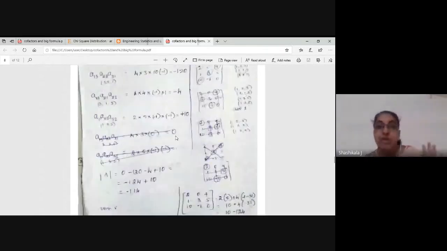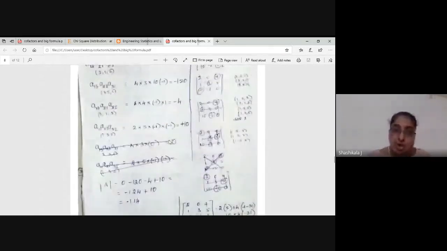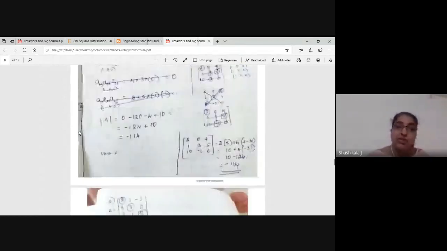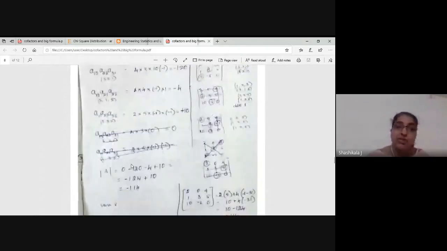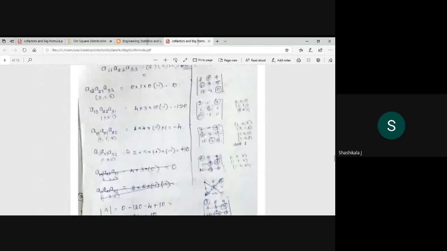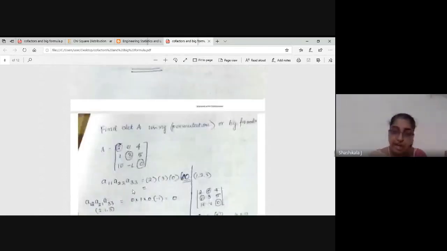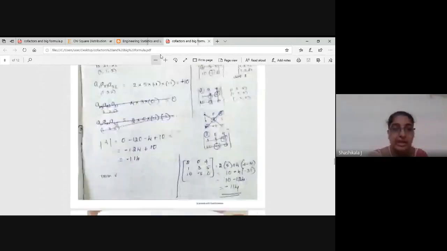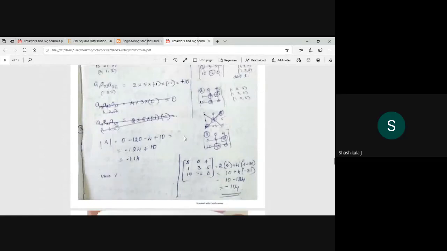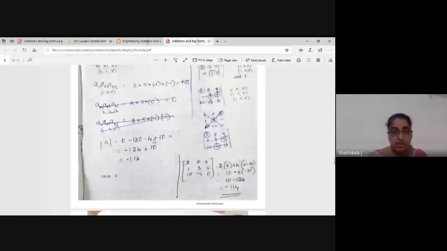Now we are writing the actual formula. All the combinations you will take, -120 you will take this, and all of these you are going to add. That is your formula, sigma of this into determinant P. I have written that separately. Then for all other combinations, the first row is enough. So it is -20 -4 plus 10, so it is -124 plus 10. You can cross-verify this by the normal method, and you are going to get this also.